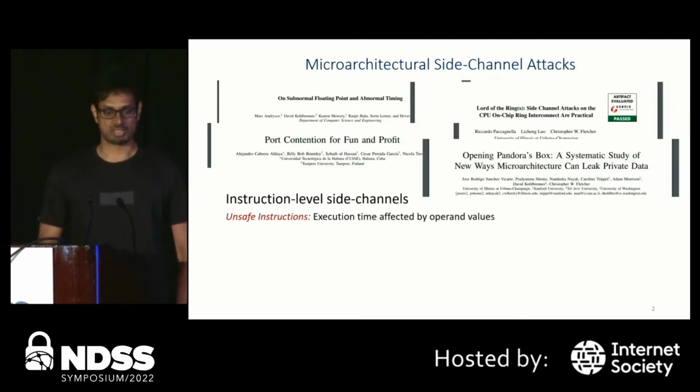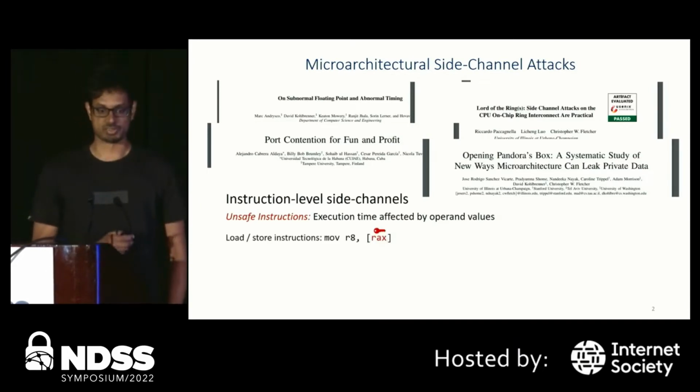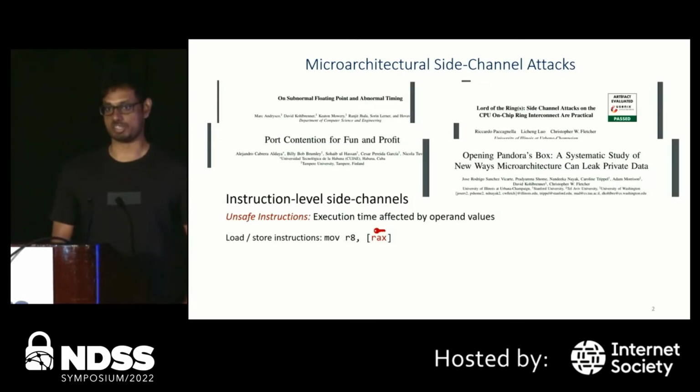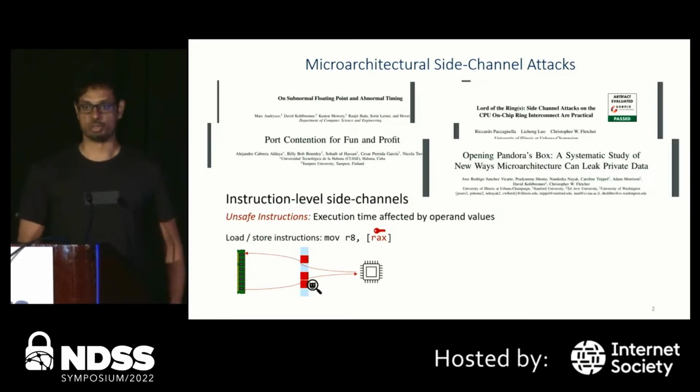A familiar example that many of you may have seen is cache-based side channel attacks. Consider this move instruction here that accesses a memory address that is derived from a secret, like a cryptographic key. When the relevant data is fetched from memory, intermediate microarchitectural state, such as the cache hierarchy, is updated as a function of the secret value. And now if an attacker can observe this cache state, either directly or indirectly after such a memory access, then they could learn the values of secret data.